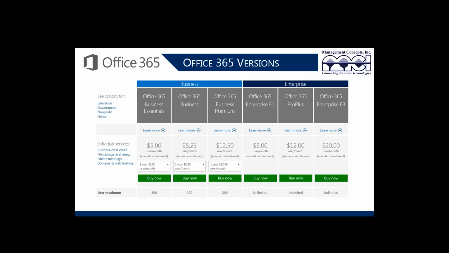So that's $12 a month compared to the $8.25 in the business one. And then the enterprise, the far right column, basically gets you everything. It gets you some voice capability, some email archiving, things like that. We don't have a lot of customers that do the enterprise. Probably the most common that we run across is the Office 365 Business Premium, which includes both the email and